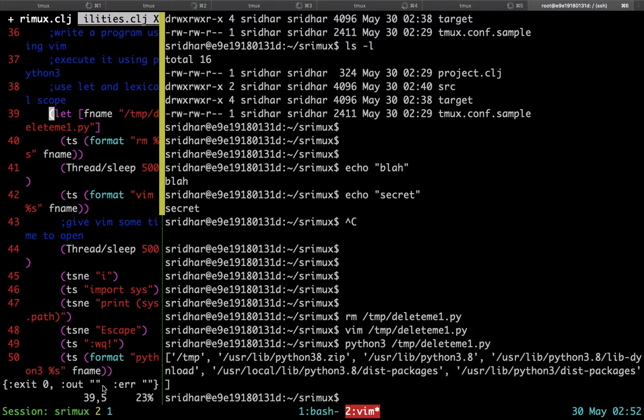So when it does that, it worked like a charm. It was so fast that you didn't even see the Vim session that came up and down. The 500 millisecond sleep was introduced because there needs to be a little pause between all these keystrokes so that they are registered in the way it was intended.